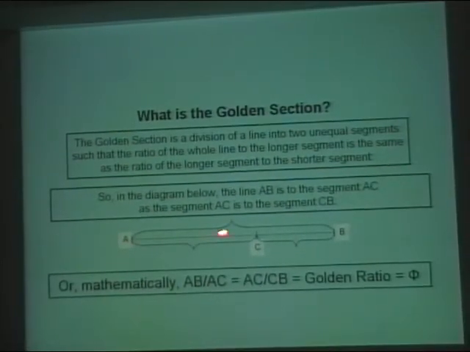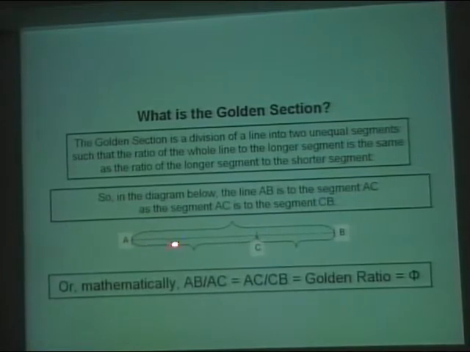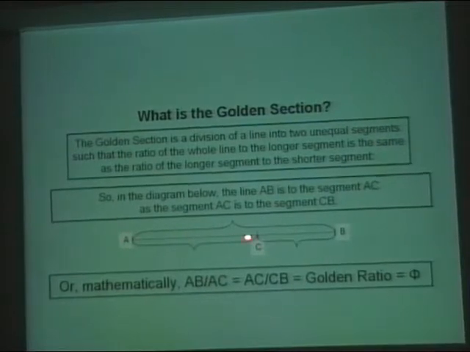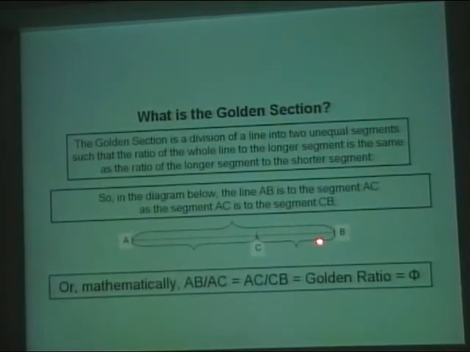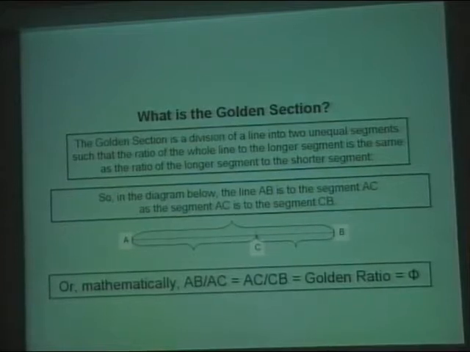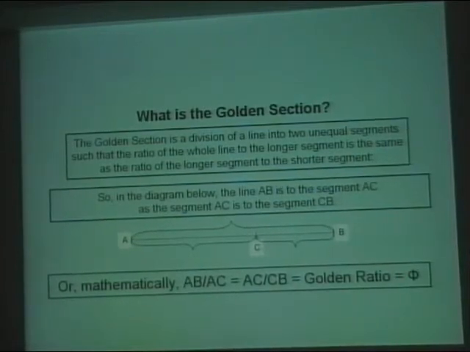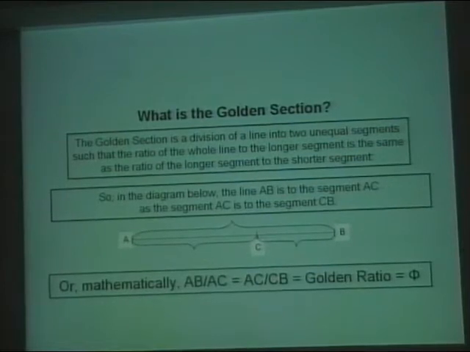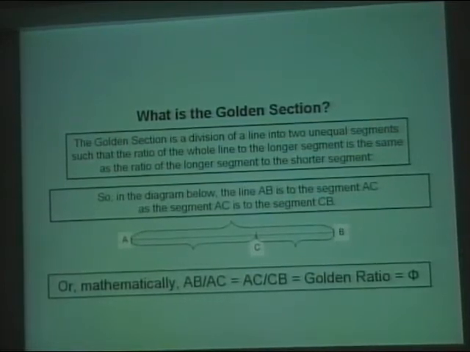if we divide AB by AC, the result will be equivalent to the number we get if we divide AC by CB. That figure is called the golden ratio, and the name for it is the name of a Greek letter, phi. Not pi. Everybody knows pi, don't you? Remember pi from mathematics? It had to do with the circumference and the area of a circle. Well, phi is different. Phi is the golden ratio. It's what you get in this proportion.